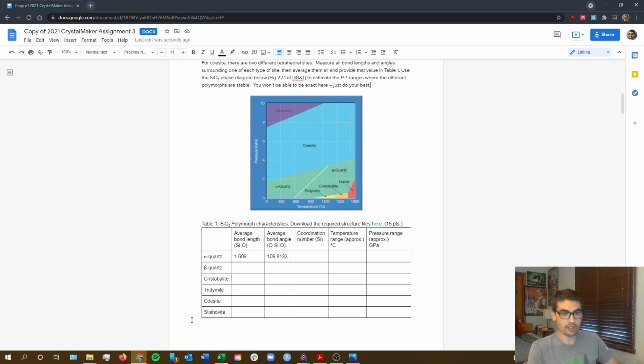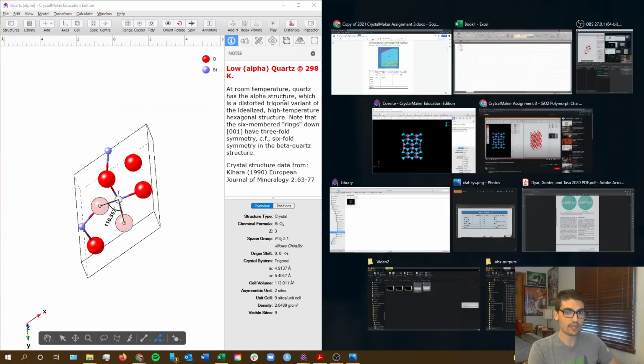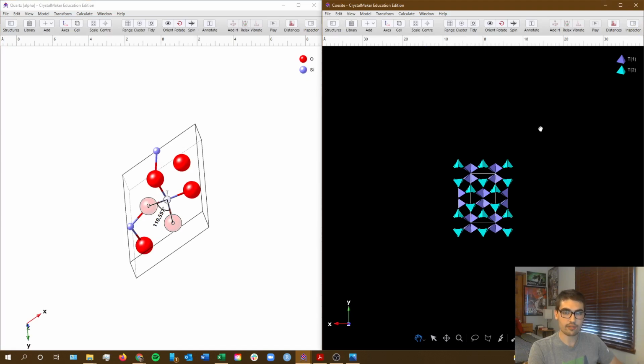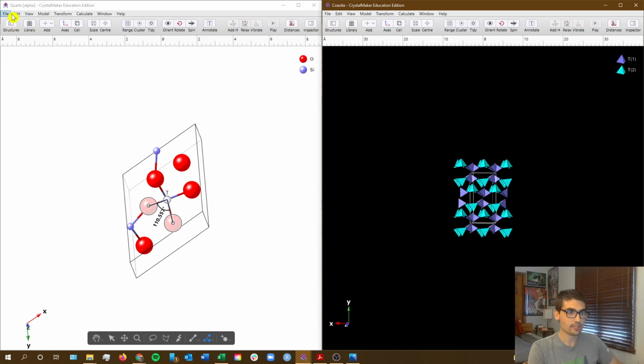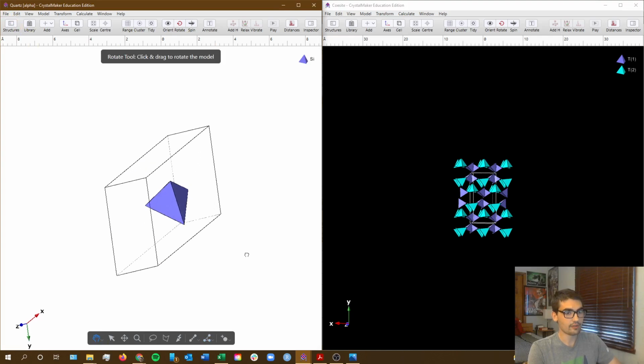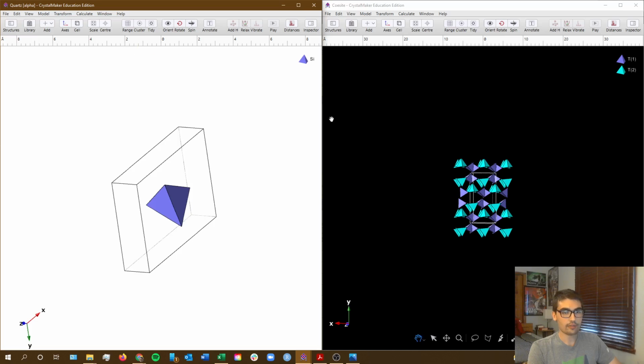But one caveat I need to bring up is this coesite mineral down here is a little funky, and I'll show you why. So I'm going to bring alpha quartz back up, and we'll put it off to the side, and next to it we'll compare coesite. So coesite's on the right with this black background, and alpha quartz is on the left. So I'll turn back to polyhedron view. And so what you'll notice is that